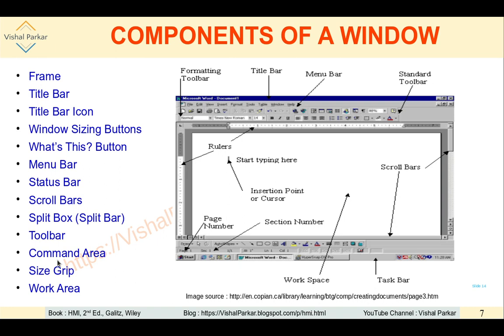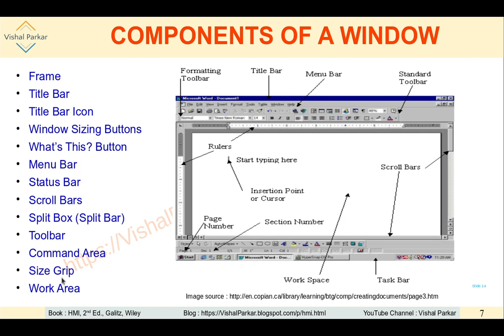Next is the command area. So the command area, if it is available, is a text box like thing which will allow the user to type in different commands. One example is that in the case of Windows, at the bottom left you have got one area wherein you can simply type the command, start, run, then you get the command area there, or that can well be available in the bottom line.